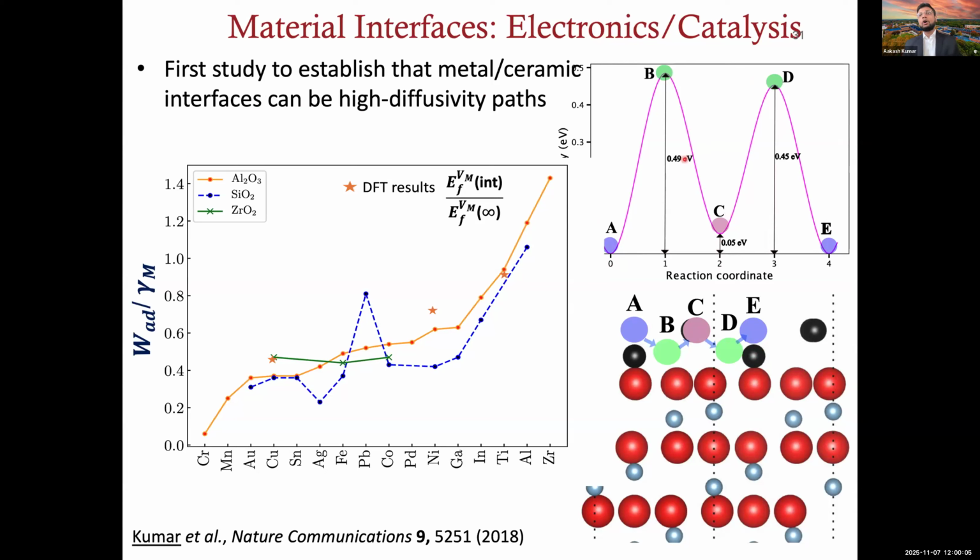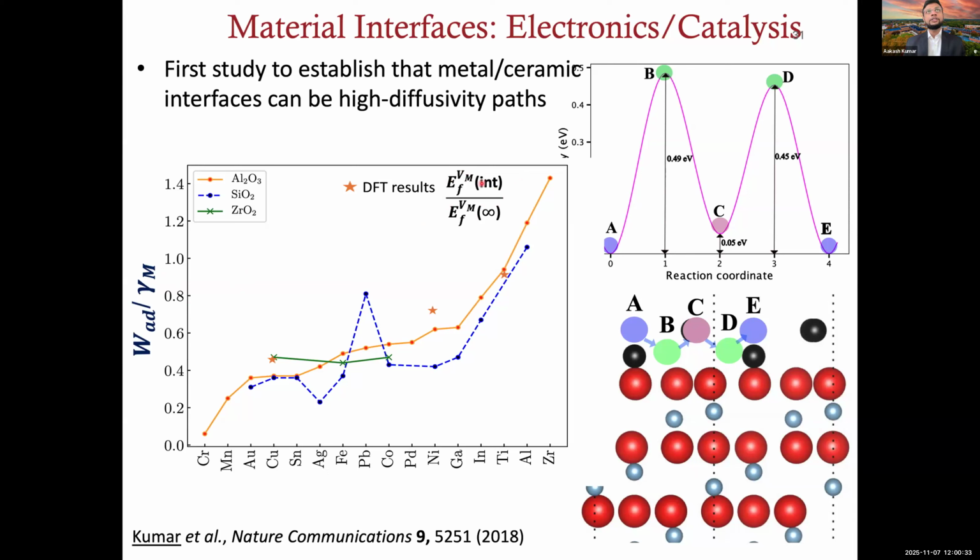And so they happen to be almost half of what you would have for a diffusion or a migration within a perfect nickel lattice. So both the fact that the formation energy was really low as well as the migration energy being low was a very strong indicator that diffusion is really fast at these interfaces, but it is not universal, as we were trying to establish. And so what we did was we came up with a descriptor, which is basically this